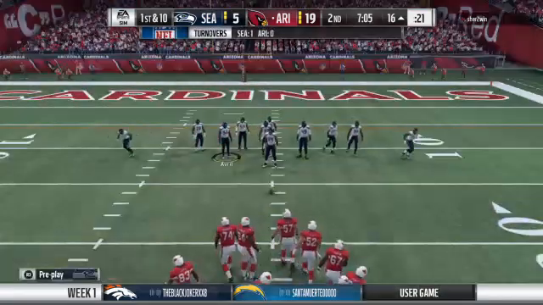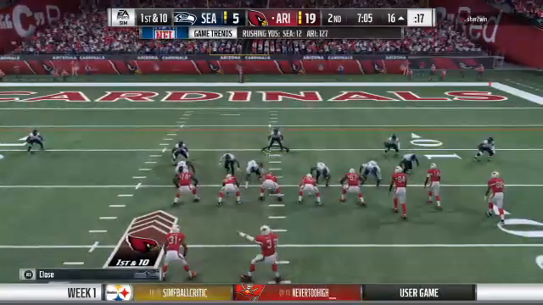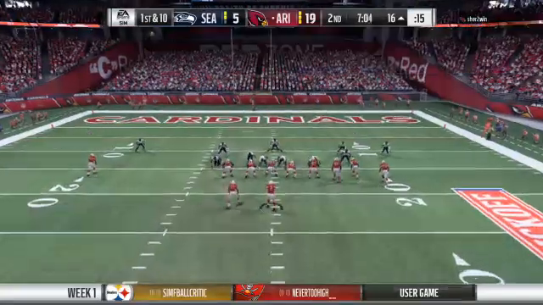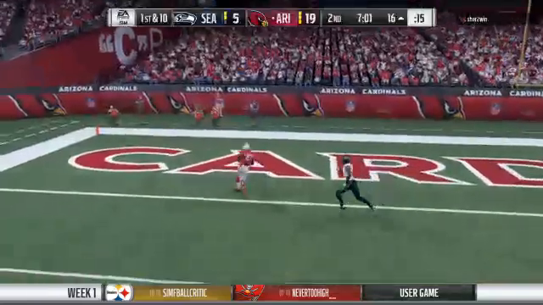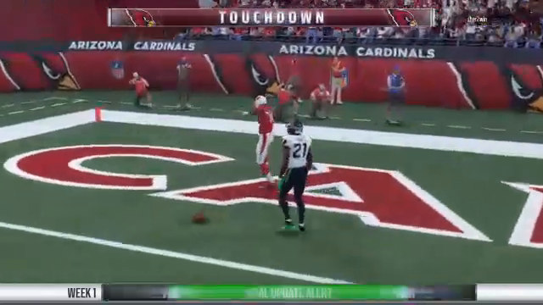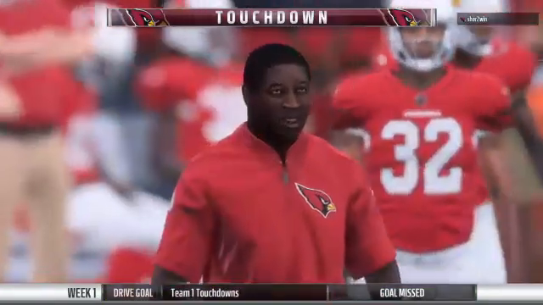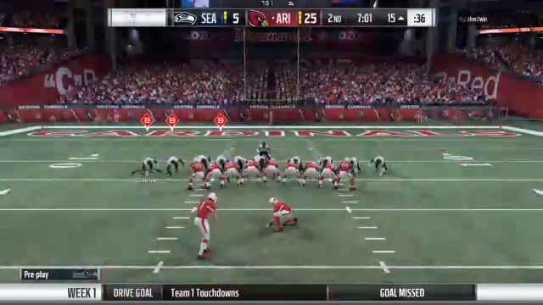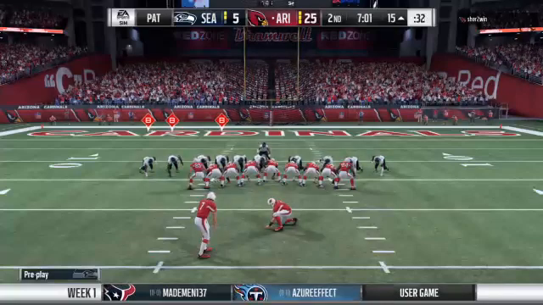And they'll start this drive with very good field position. They'll throw on first down here with Palmer. This is caught, and he'll take this one in for the Arizona touchdown. So we just witnessed touchdown number 1 for the Rook, and certainly that's a football he's going to want for